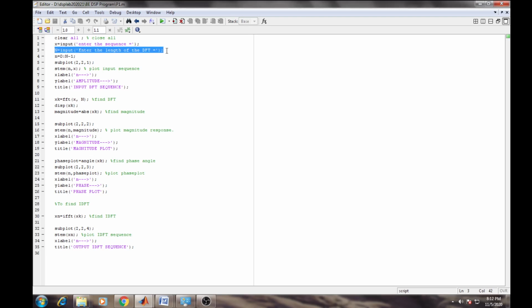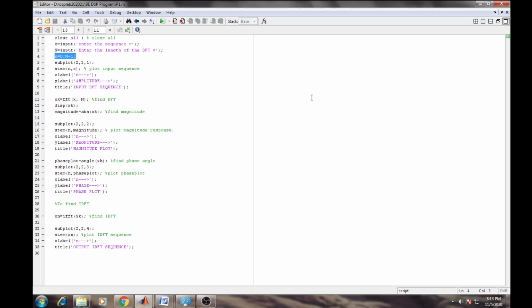Now here I gave you a formula that x of k is equal to summation of n equals 0 to infinity. So here that length we will define by n equals 0 to N minus 1.